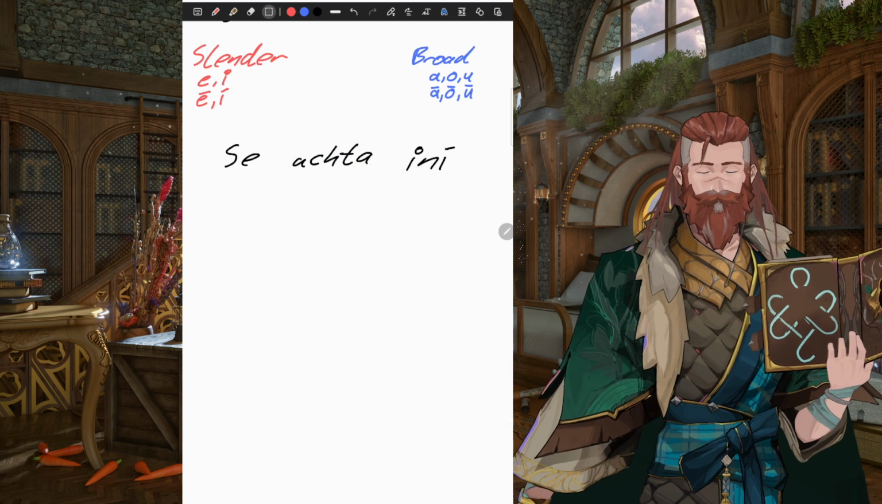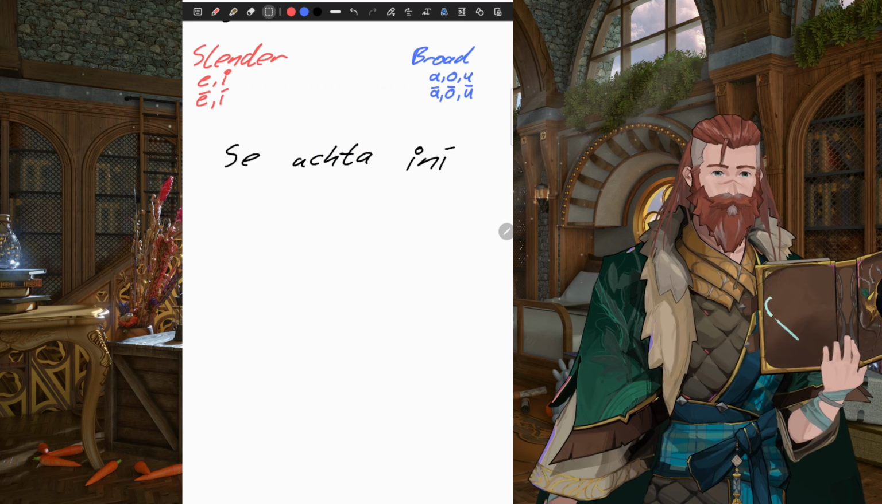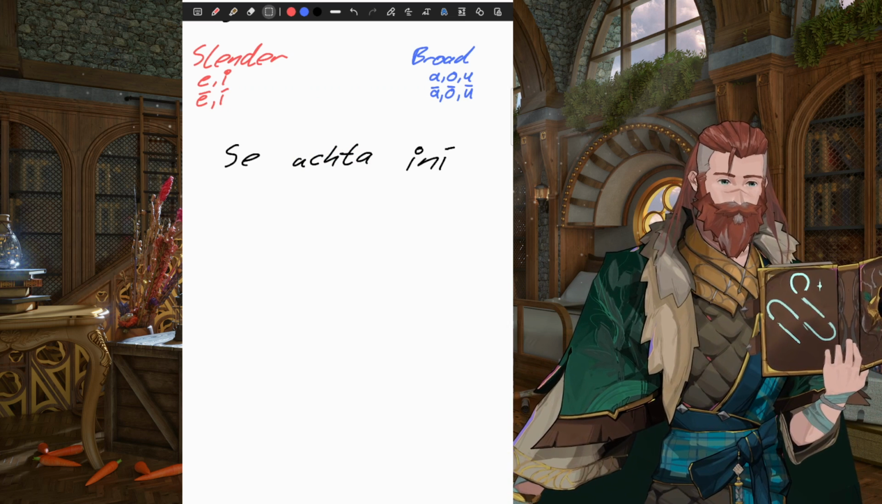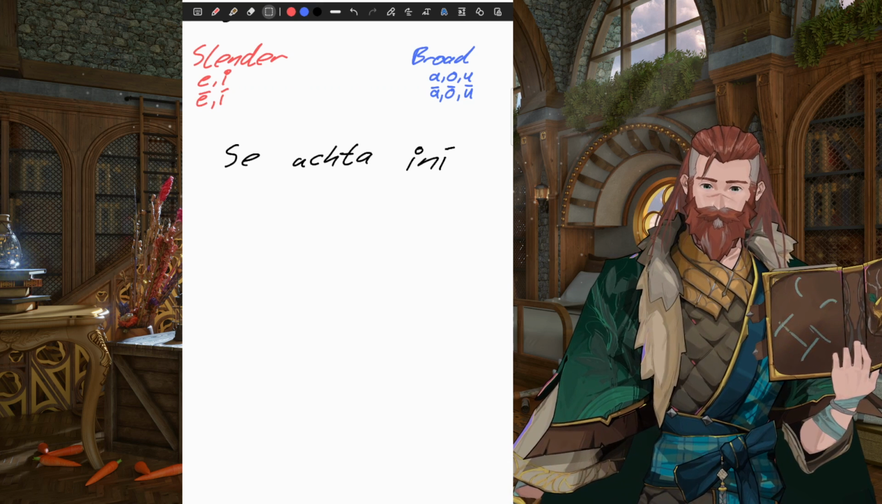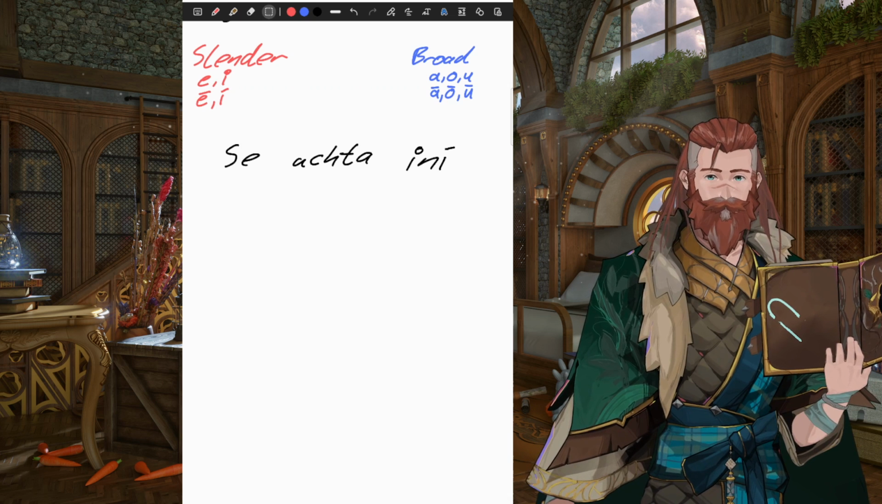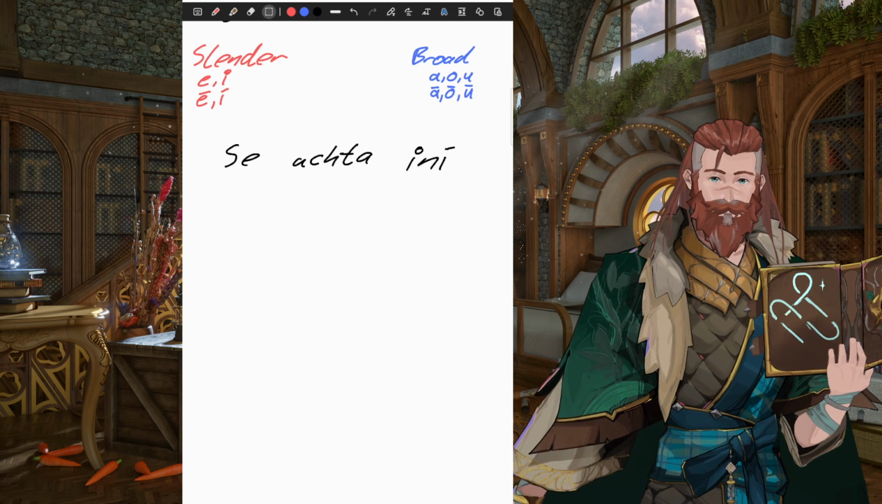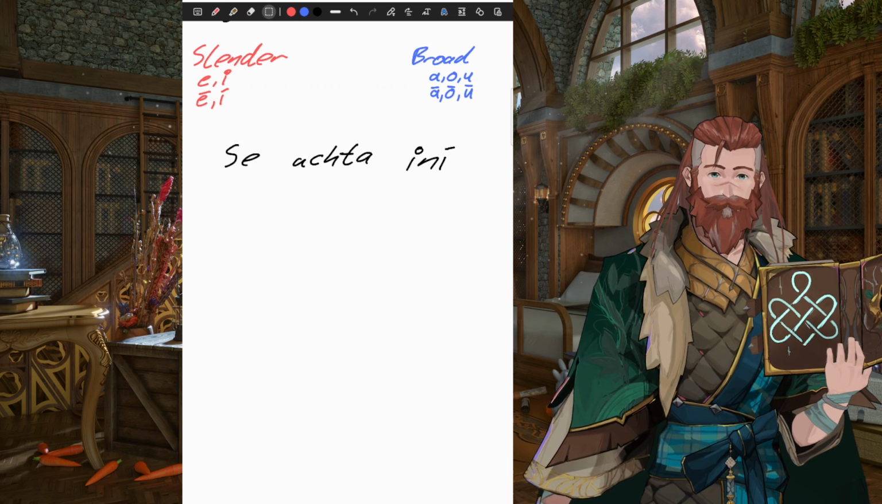Maybe you're thinking to yourself, what the heck? How'd you break that down? Well, sometimes what you run into in Irish is that vowels